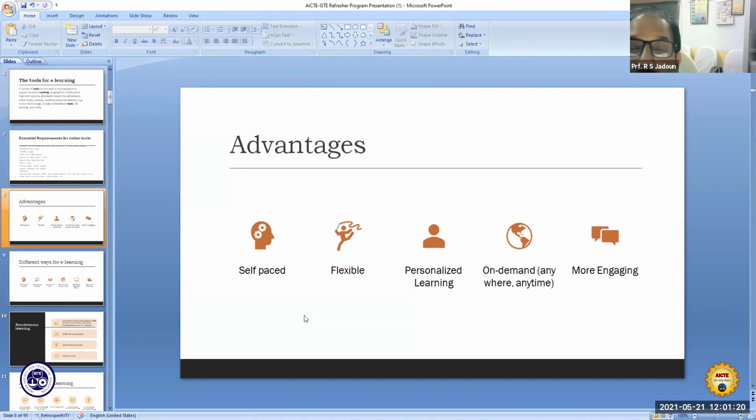Wherever they are, they can use it. So it is more flexible. Here, one can incorporate personalized learning, on-demand learning, and more engagement can be arranged. So these are various advantages of using online tools for teaching and learning purposes.